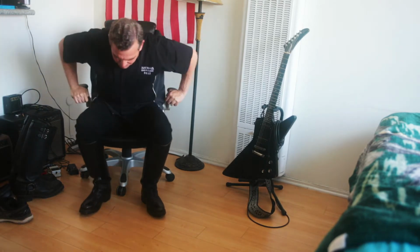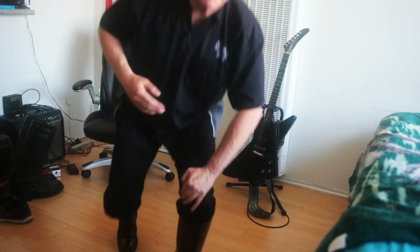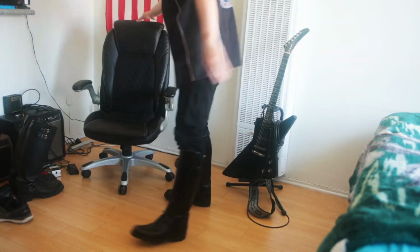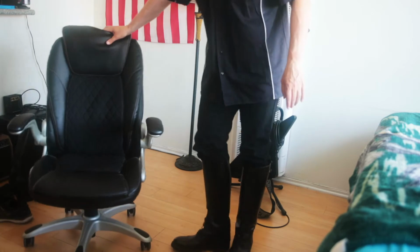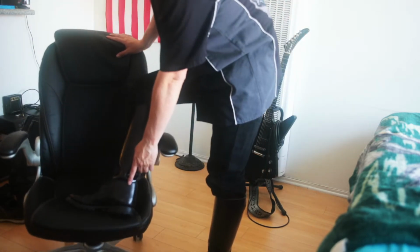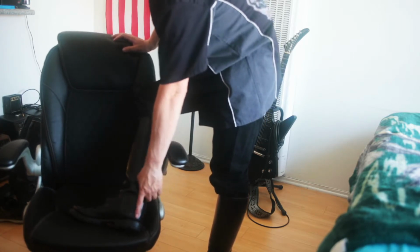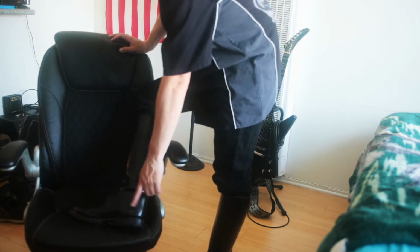So I don't want to take the boots off right now, but let me see if I can get it. I took it to a cobbler, so the boot right now is actually looking pretty good because I just had it all fixed up. But I'm just trying to show you if I can get somewhere. Let me get my chair over here. It might be easier with my chair. Yeah, professional. I never said I was an artist, my friends. Okay, so I'm probably going to have to take off the boot because I don't know if you can see it very clear. But this area here was kind of melted, or the leather peeled off,